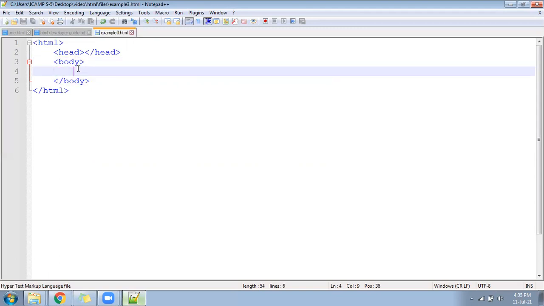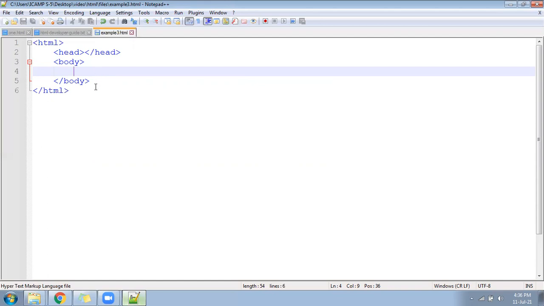So you have to give a heading. Suppose you are displaying the about page of a company. You have to give the heading About Us. If you are displaying the contact page of a company, you have to display Contact Us. If your page is a login page, you have to keep a heading called Login, right? So in that case, we have a total of 6 types of heading, okay? And that starts from where to where? It is from H1 to H6.